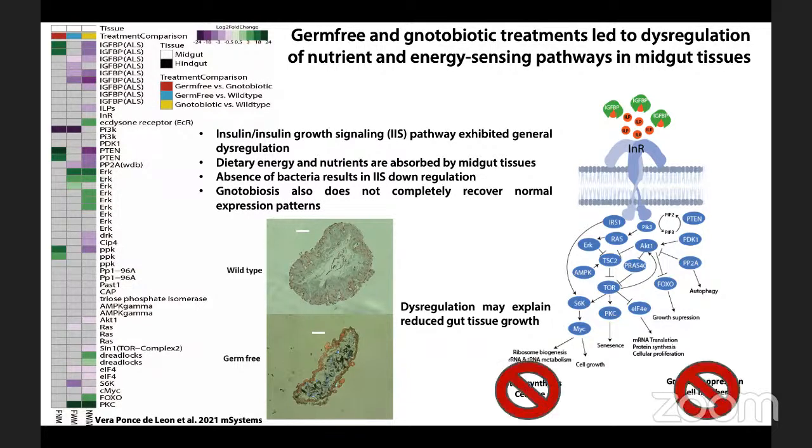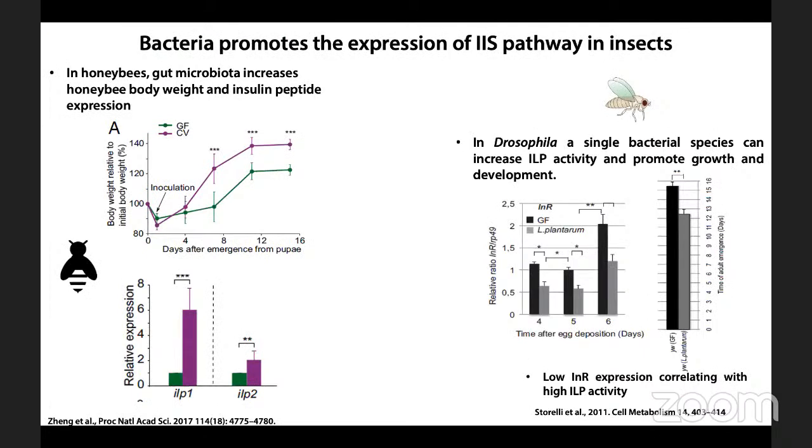So this is useful when we put our results within the context of work in honeybees, as well as in Drosophila, where you could return one or even a few members of these smaller microbiomes to their host, and they were not only able to relieve the expression of, in this case, insulin signaling genes, relieve what was observed in the germ-free. Just by giving back one or a few bacteria, you were able to resolve that. They were also able to resolve some of the other growth defects and developmental defects that were observed